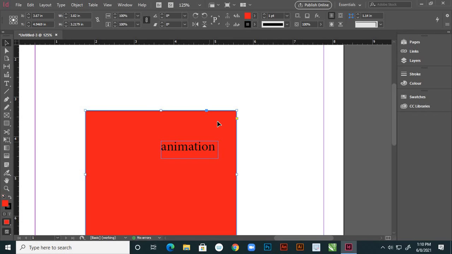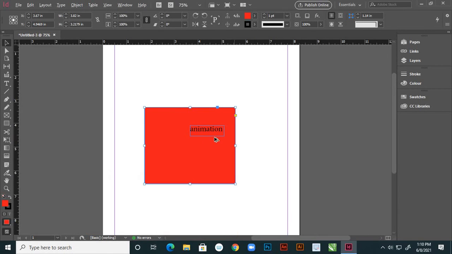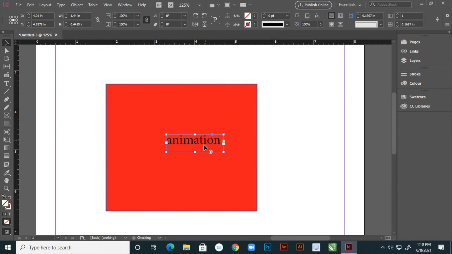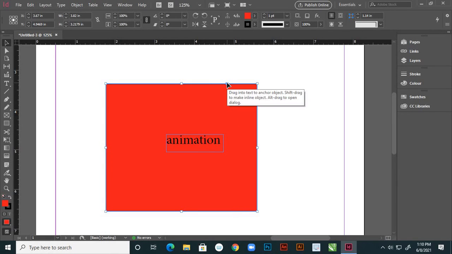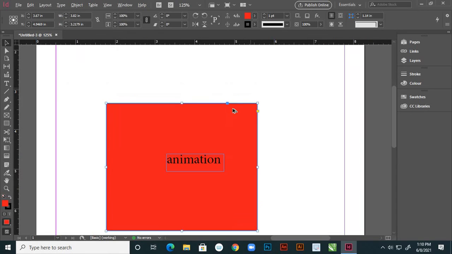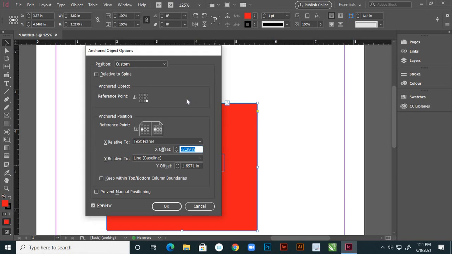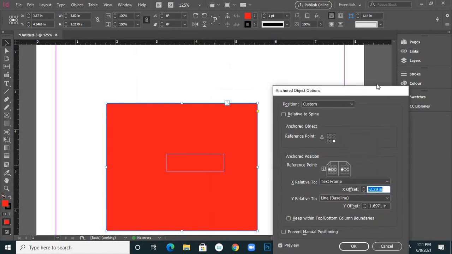Yes, this is our text, and here, Alt and drag to open. So this is the Anchored Object Options dialog, right?